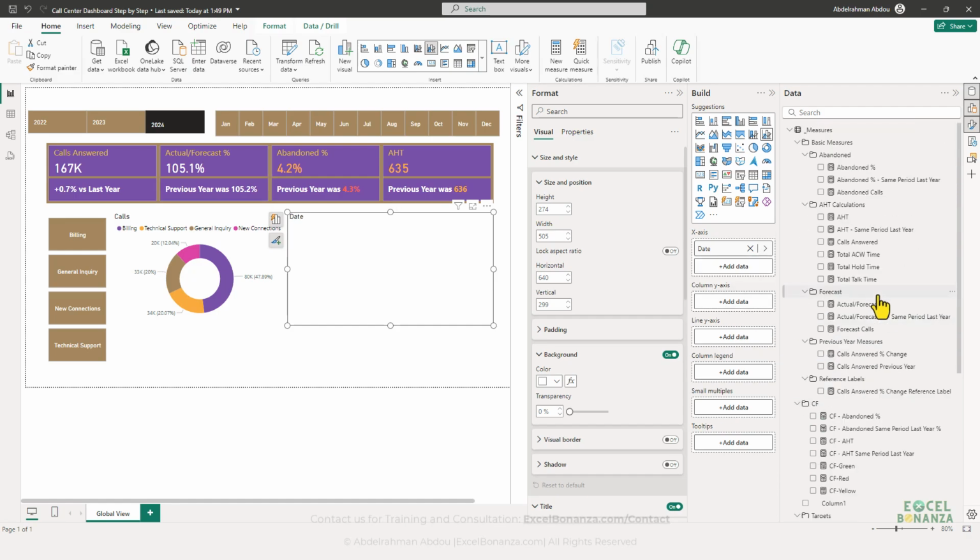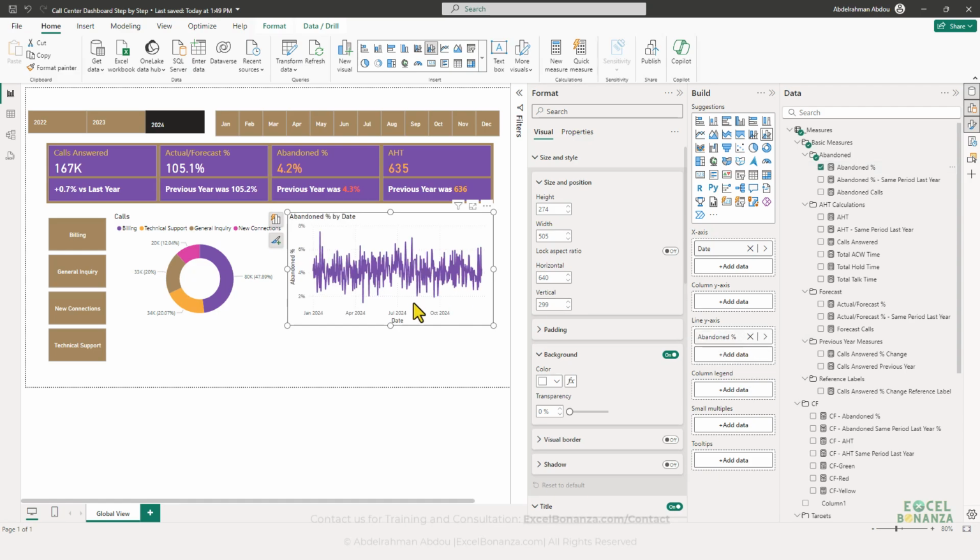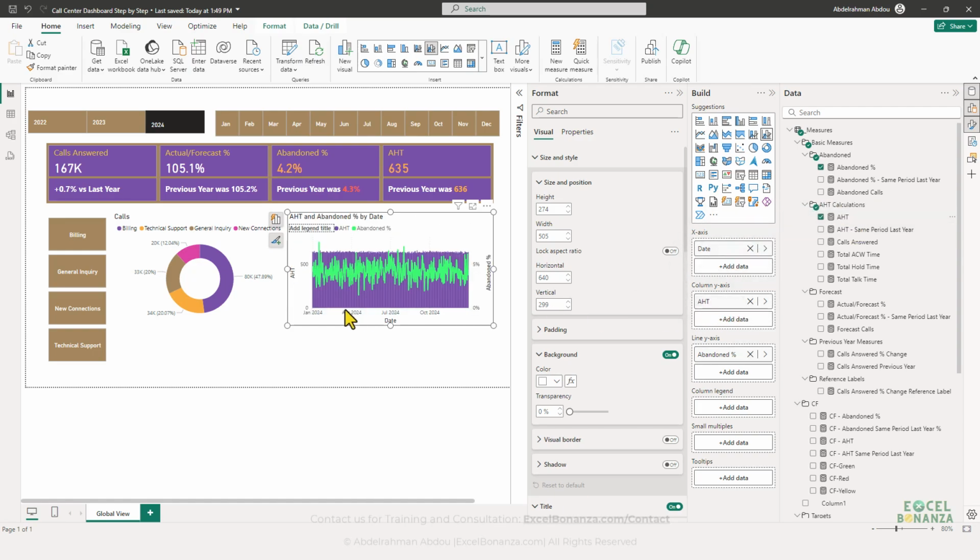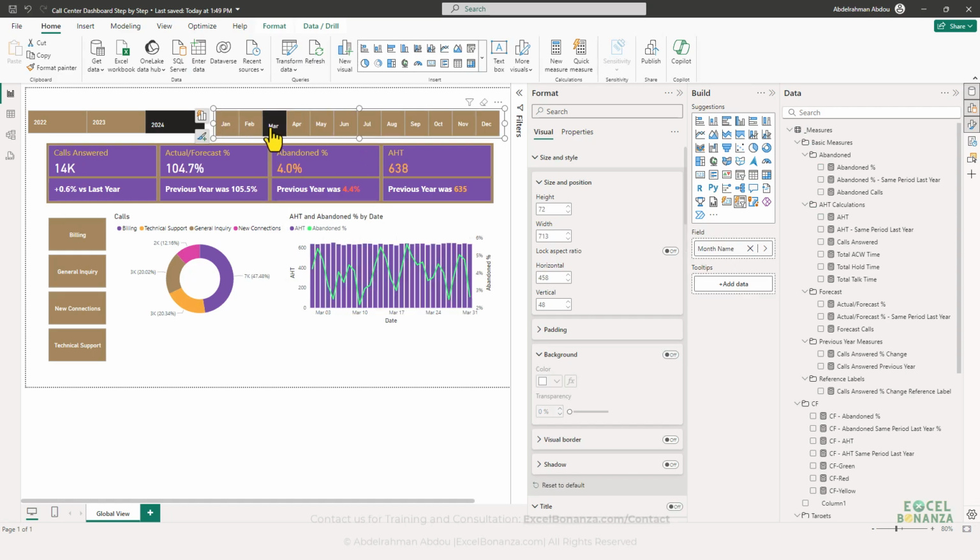Okay, and then we're going to put the abandoned percentage on the line y-axis. The abandoned percentage will be on the line y-axis, and the AHT will be on the column y-axis. All right. So this is how it's going to be. And if we apply a filter for a certain month, you can see the line and the column